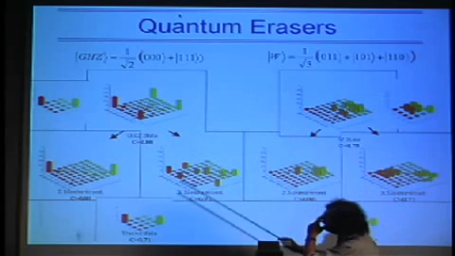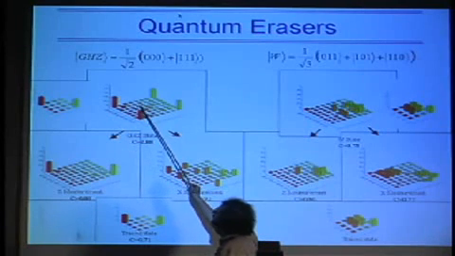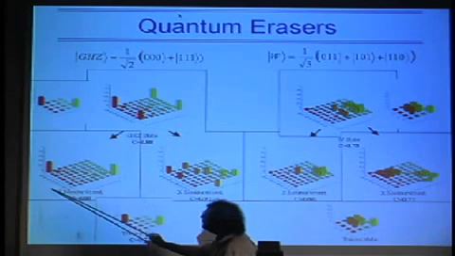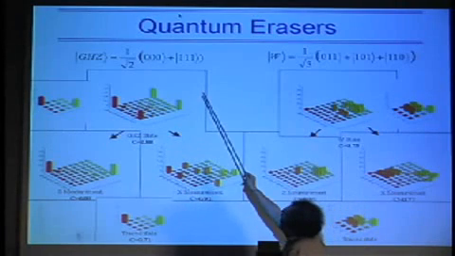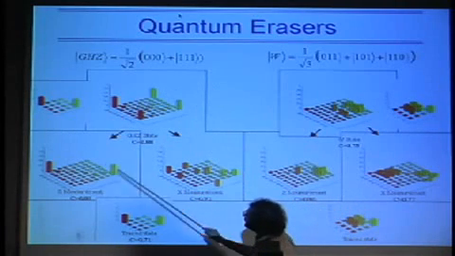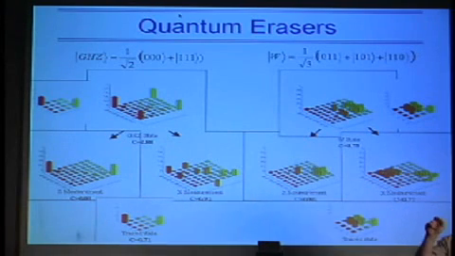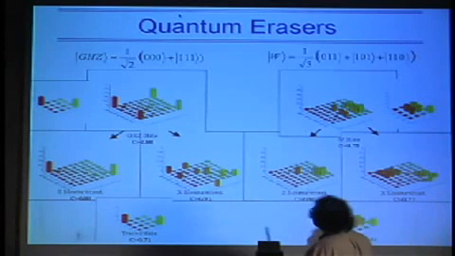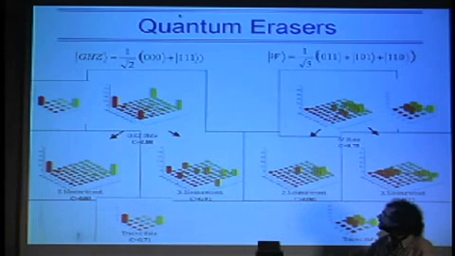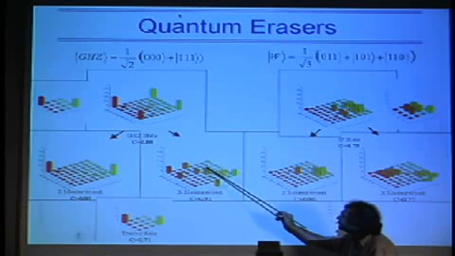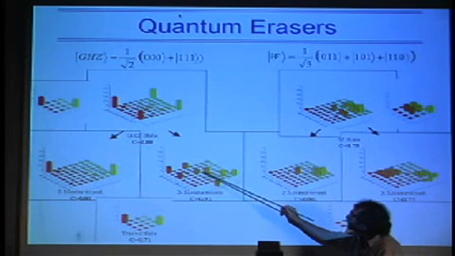If we look at a GHZ state, and I say, let's make a measurement. So I'm going to project out one spin. If I project it into the Z basis, then of course I lose all the entanglement. That's not surprising. If I project into one basis, then we're going to end up with these two diagonal states. But let me project it now not into the fiducial basis, not along the axis of quantization. Let me make a projection onto the x-axis. And now, of course, we see that we have these two conditionally entangled states. I end up with two Bell states that are conditional on the state of the third spin.